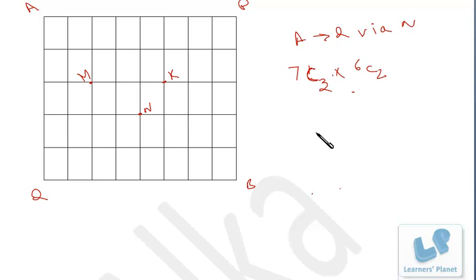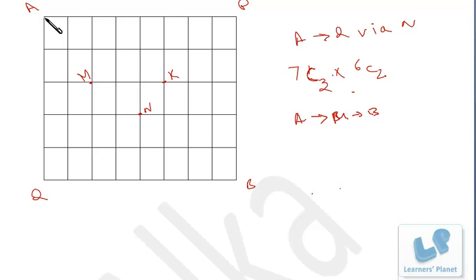Now similarly you can make other ways also, maybe A to M, then M to B, A to M and M to B. Same way you can proceed, A to M, then M to Q, A to M, then P, whatever, right? So all the ways are possible by this method, right? All the questions can be solved easily.